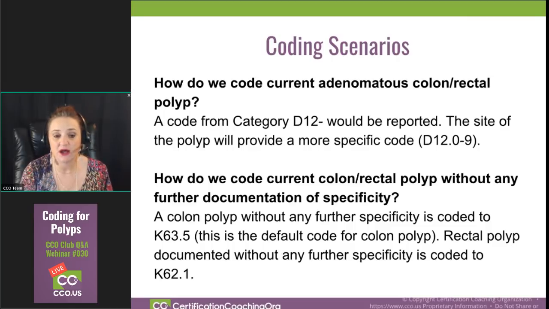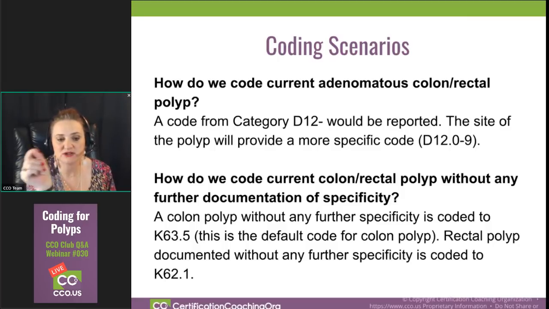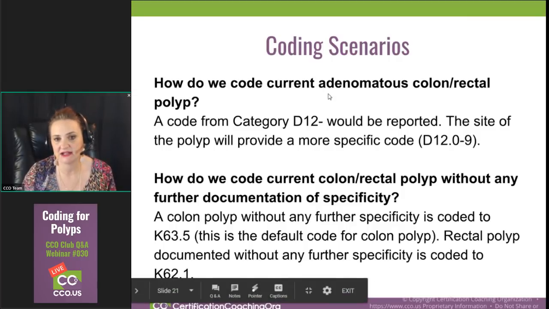I would maybe even make a note of that in my index where you see polyps and say unspecified colon polyp, you know, then you're going to code that as K63.5, and then for rectal polyp, K62.1, right? Default. Because you're not indicating that it's this type. Okay, now,